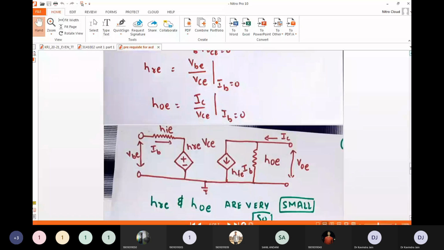So as you can see in this AC equivalent model, the very first is HIE. HIE is basically nothing but input impedance. As it is input impedance, it would definitely be on the input side of the AC equivalent model, and HIE is drawn as it is. The HRE is open circuit reverse transfer voltage. Since it is reverse transfer voltage, it is VI upon VO. So VI upon VO, in this particular case, will become